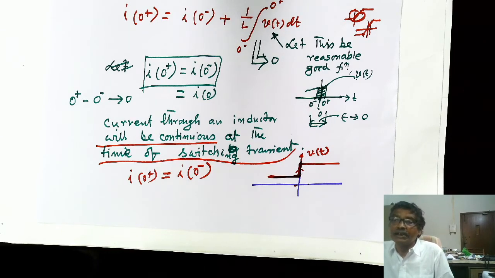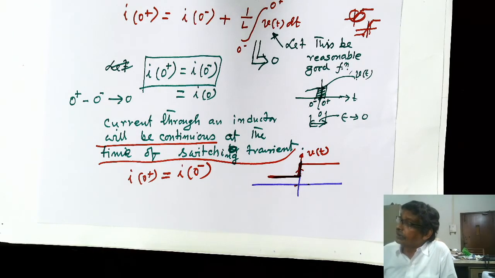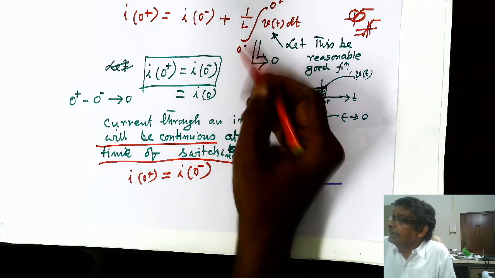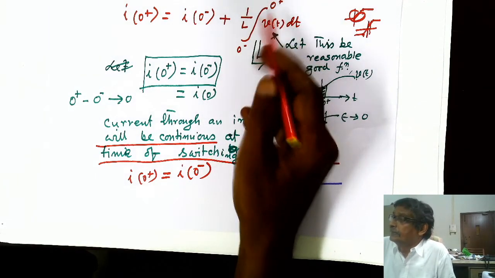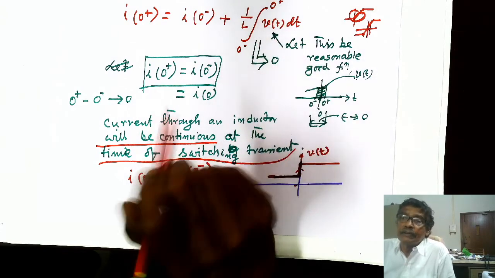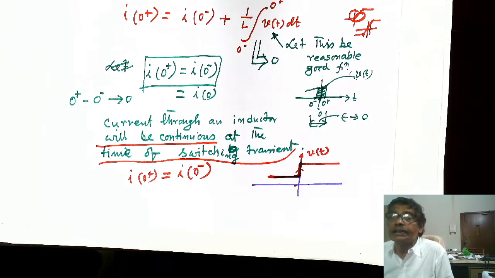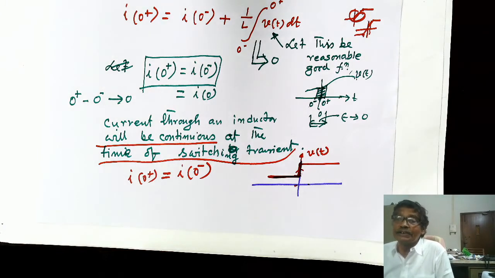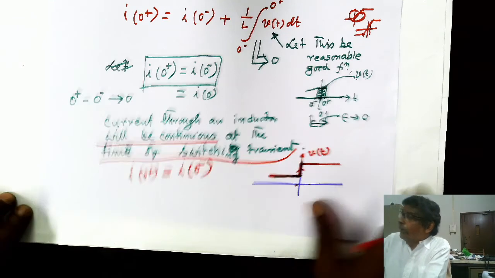That is called a delta function, an impulse function. If the supply voltage is an impulse, then of course this integration will give you a finite number. In fact, in your course in signals and networks, that impulse function will play a crucial role. Although in the laboratory it is very difficult to obtain an impulse and excite the circuit with this type of function.